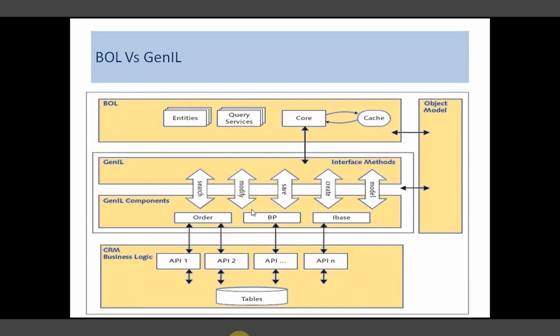So that respective BP will be instantiated, because BP is a dedicated class. As I told you, a Genil component is represented by a dedicated ABAP class. So there is an ABAP class attached to the BP at the component definition, and that class will be instantiated.